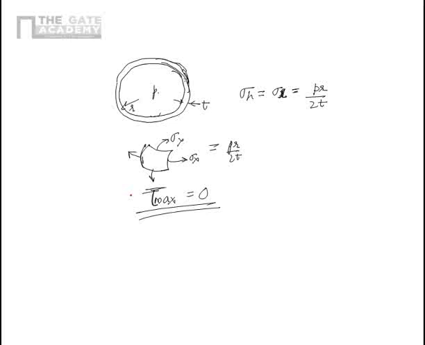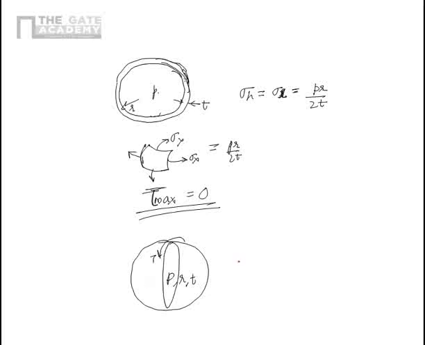Now let's do one problem here. Now we know that there is no shear stress by the pressure. But suppose we have a problem wherein we have been given a sphere like this, which has a pressure P and R radius and T thickness, and about one of the diametral planes we have a torque T acting like that. So assume that you are holding a cricket ball and about the seam you have a torque.